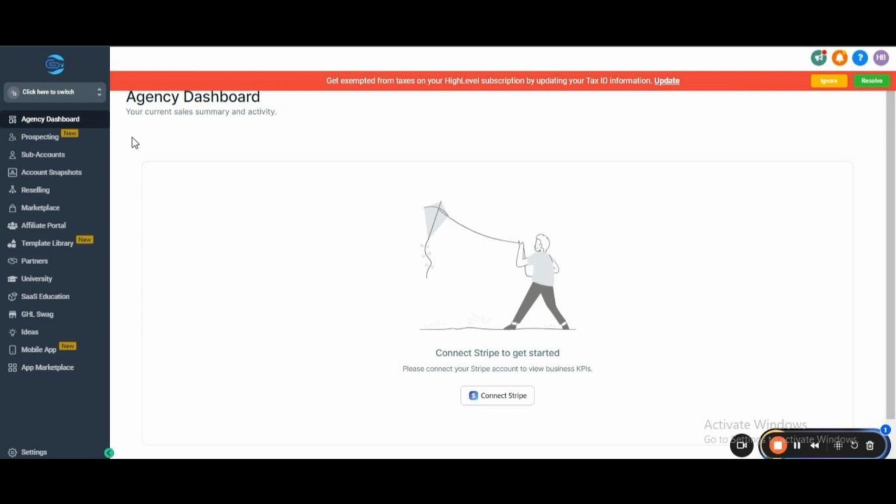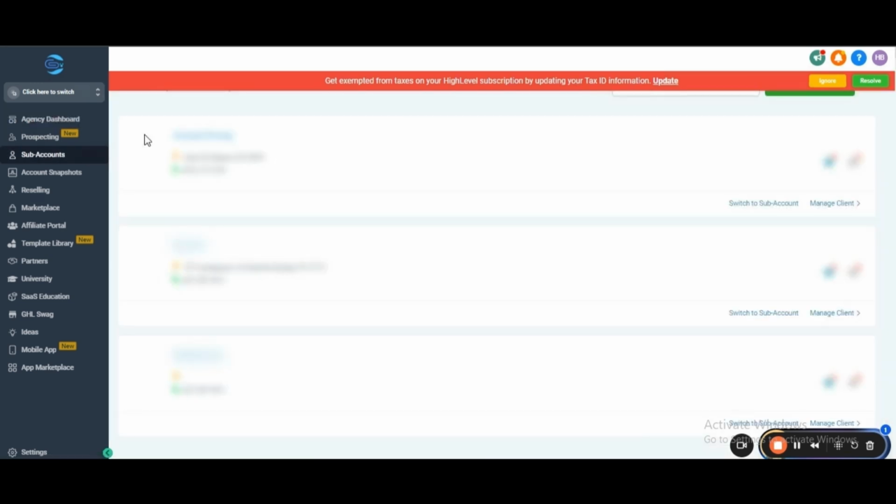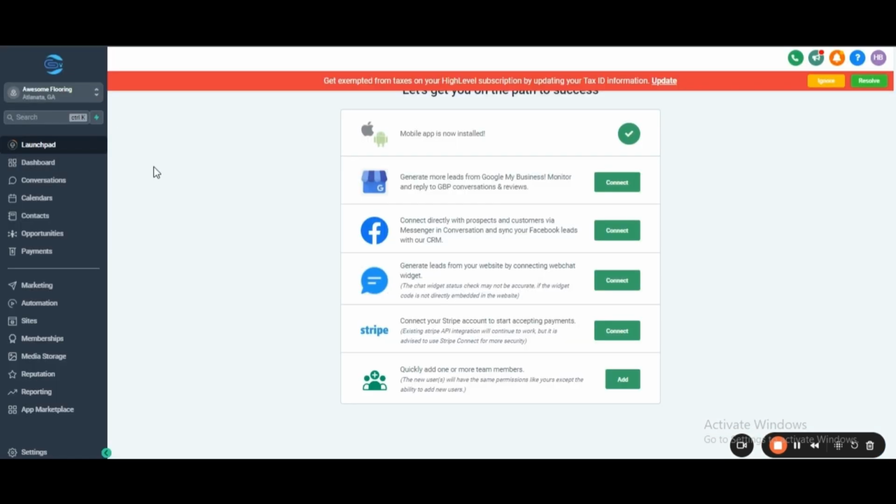So once you create the sub account inside GoHighLevel, our next step is to set up a user account or our client account inside our already created sub account. This will allow our client to access our GoHighLevel, where he will be able to see his leads, engage with the prospects and use the GoHighLevel features for his business. So for that, first of all, you need to go to the sub account where you want to set up your user account. So I'm going to click on the sub account that we just created,